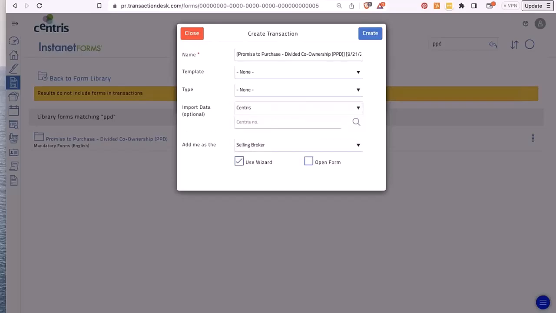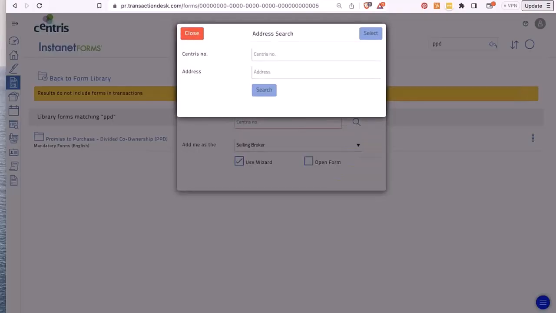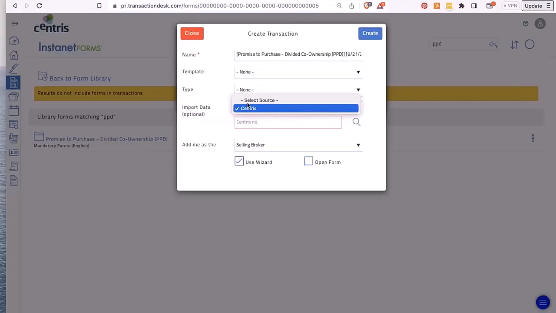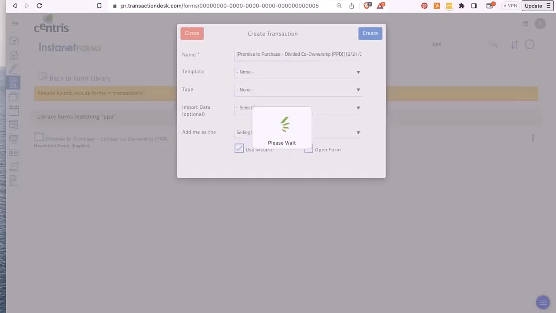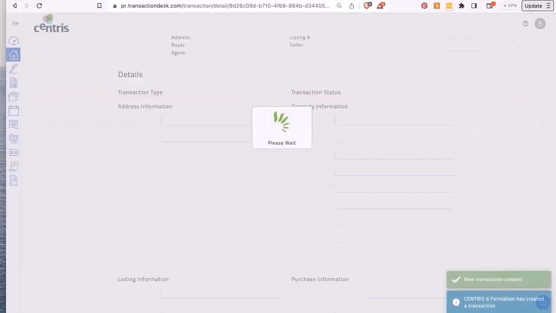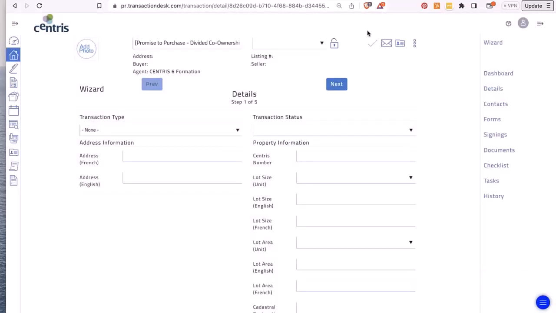You could import the Centris number if you have it, or you could search it here this way. I'll go without a Centris number for now. Okay, and then I'll create. So you see now I'm in a transaction,